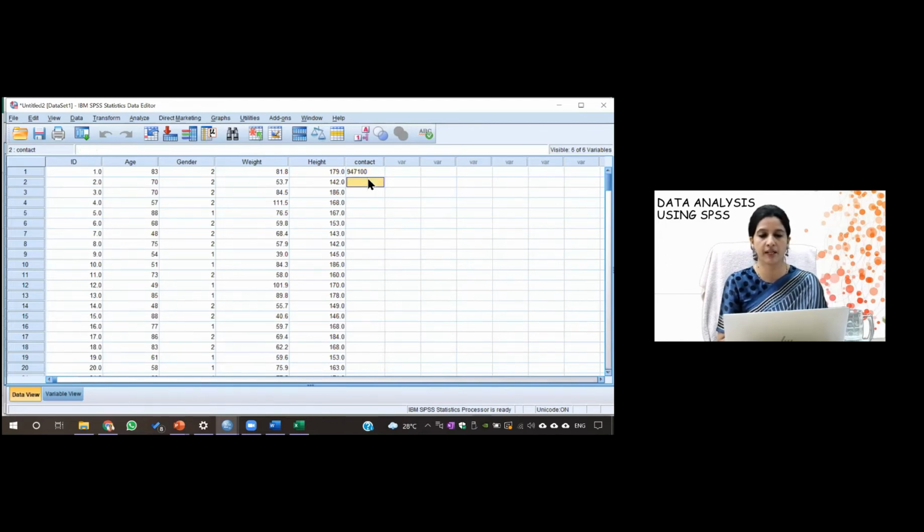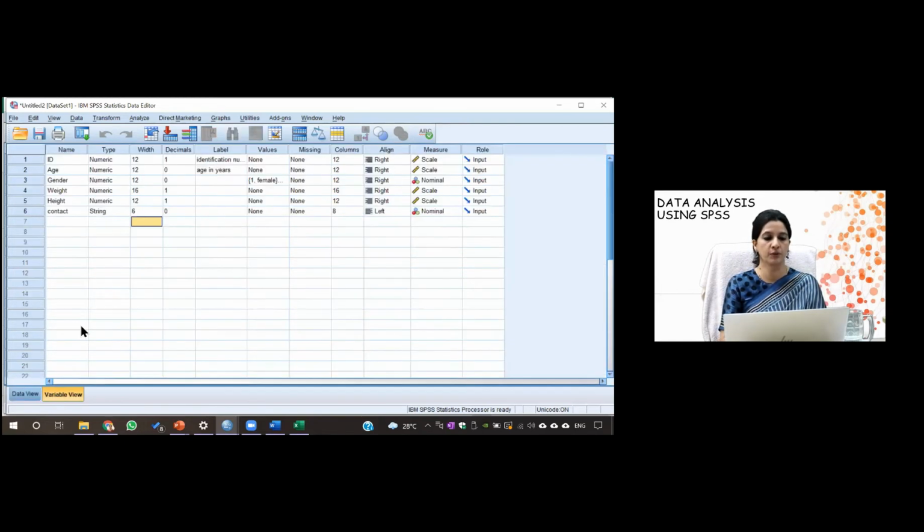If I want to enter 1, 2, 3, 4, 5, 6, then you can see that I cannot enter beyond this point. So this width tells you the width of a string variable.